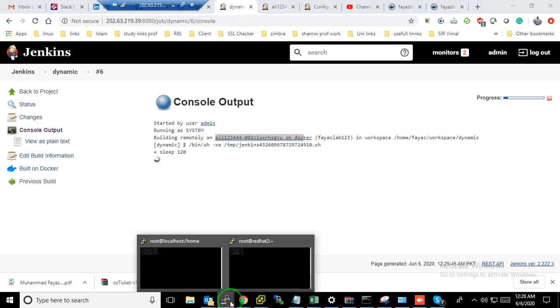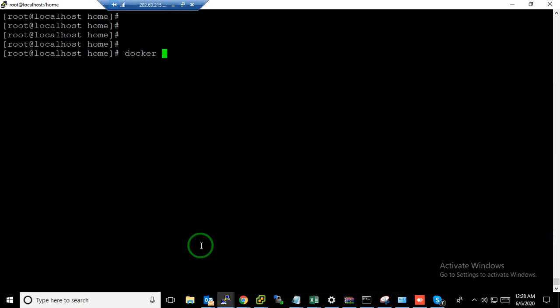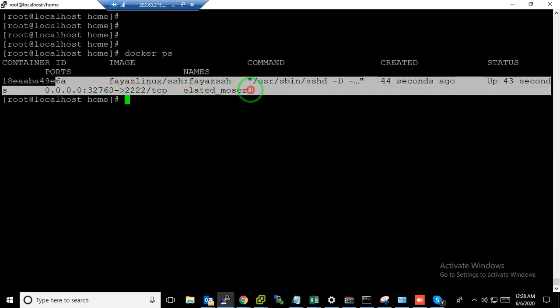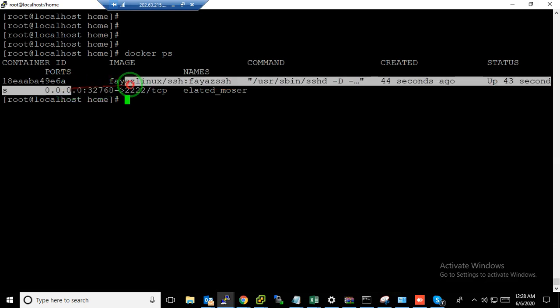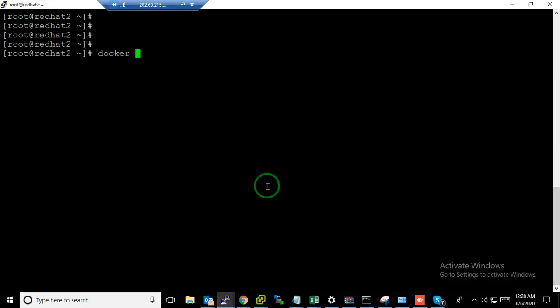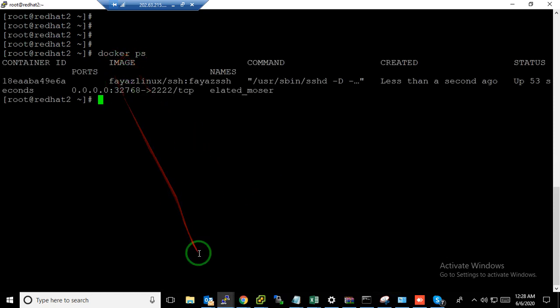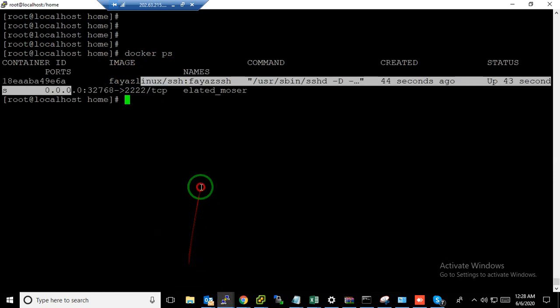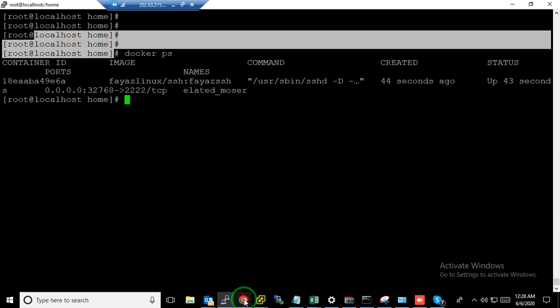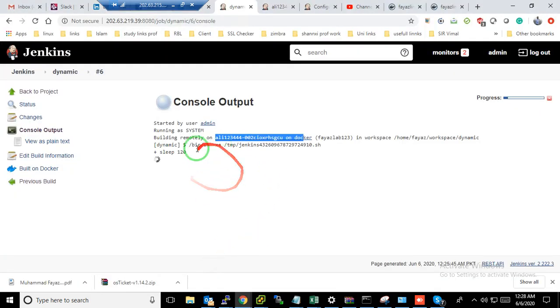Let me check here in Docker. Yes, previously it was not here, so it was created automatically. This is my slave node, this is my cloud node, which is added to my Jenkins here.